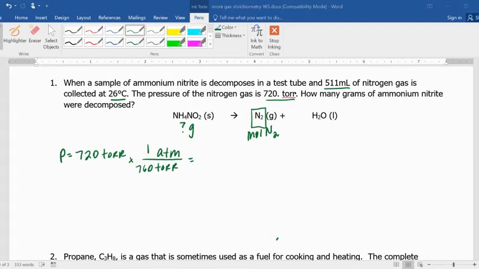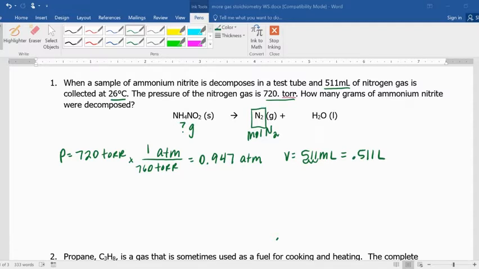I do in my calculator 720 divided by 760, and I get 0.947 atmospheres. For my volume, it says 511 milliliters, but once again, in the ideal gas law, we need everything to be in liters for our volume, but luckily we just have to move our decimal 3 places, and so our volume in liters would be